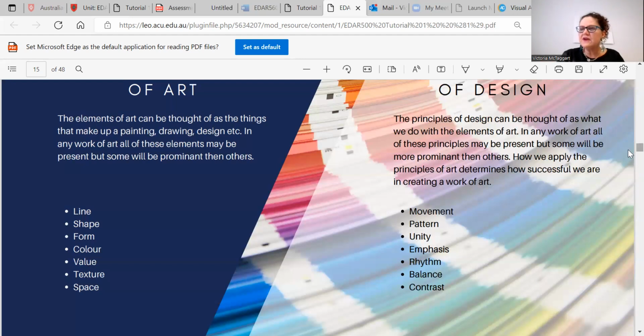So they work in unison, and they complement each other. So when we do use these, we create a final composition and creation. How we apply the principles determines how successful our artwork is. And you know, the best artworks that I have ever done, because I am an exhibited and commissioned artist, have